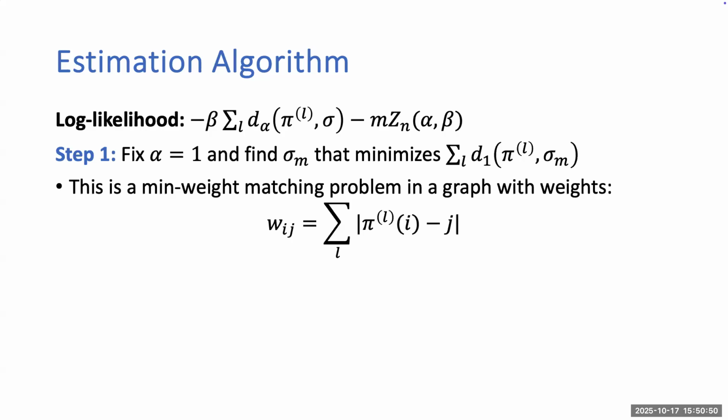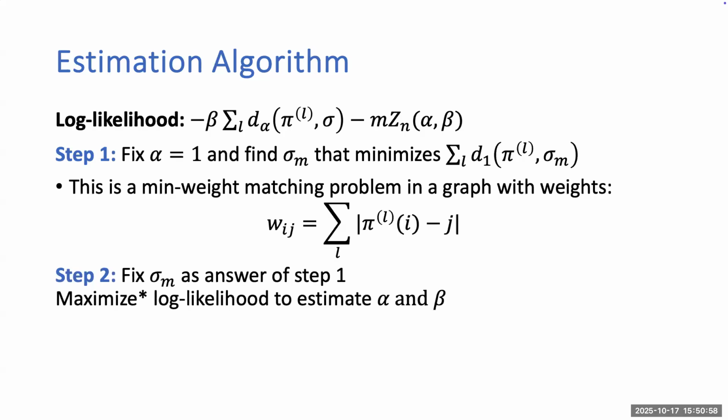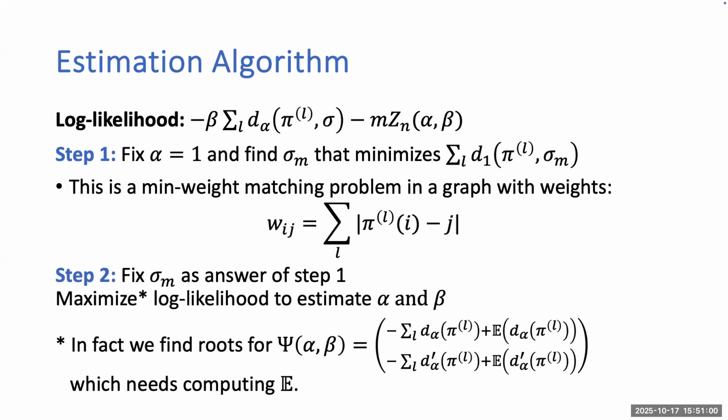And then we're saying, okay, now just fix the sigma n that you computed and solve for alpha and beta. Don't ever change sigma n again. Then maximize the likelihood to estimate alpha and beta. I put a star here because this is with a grain of salt. If you try to just maximize it, there are problems. You have to change it a little to another root finding algorithm, which I won't get into the details of. But I put the form here to show that the final function they want to find the root of